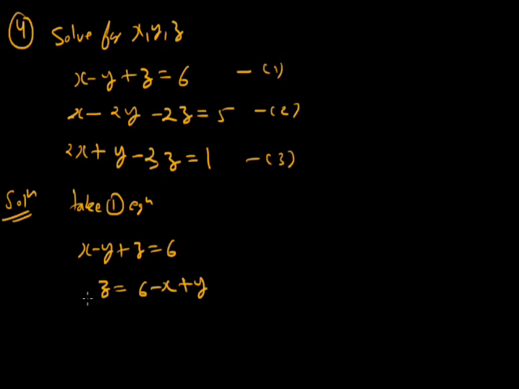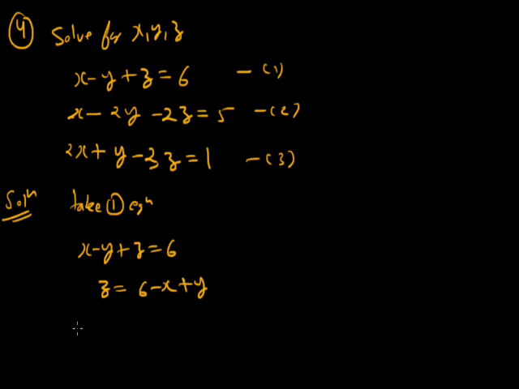Now I substitute the value of z, which I found from equation number 1. I put this value in equation number 2 and equation number 3, so that equations 2 and 3 are in the form of x and y only, because z is eliminated. Now equations 2 and 3 are reduced to x and y, so I can solve these, and by solving these I get the value of x and y, and then after that I can get the value of z, because z is in the form of x and y.